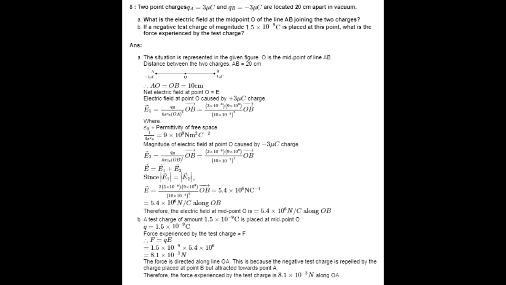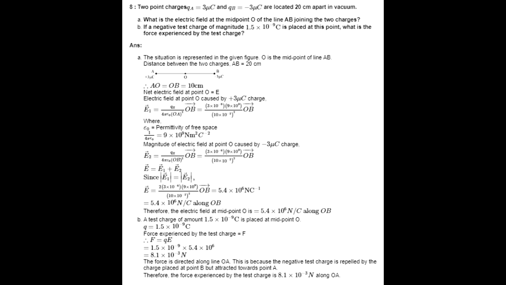as you can see, two charges are separated by a distance equal to 20 centimeter. Magnitude of each charge is plus or minus 3 microcoulomb. So due to each charge at the center, that is at a distance of 10 centimeter from each charge, due to the positive charge the electric field is outward, due to the negative charge the electric field is inward. So at point O, the electric field due to both charges has the same direction, and that's why the electric field due to both charges will be added. Electric field due to a point charge is given by the relation kq by r square.